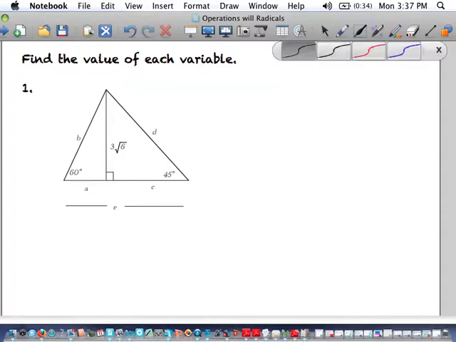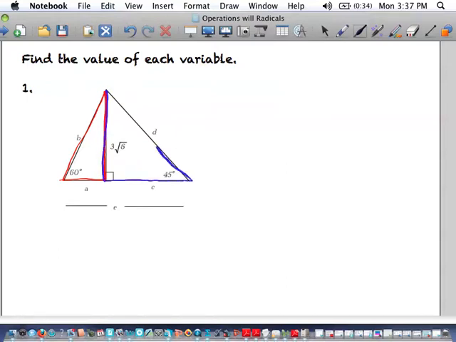So the first part we're going to take a look at is I have this 30, 60, 90 triangle here, which I'm going to be looking at. And then I have a 45, 45, 90 right triangle over here that I'm going to be taking a look at. In either case, I have that long leg or the leg. So if I choose to first look at the 30, 60, 90 right triangle, okay, then this A